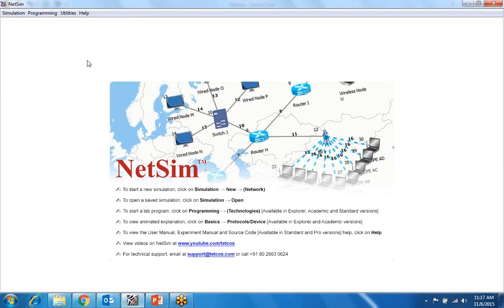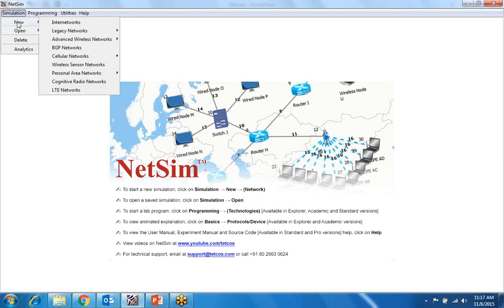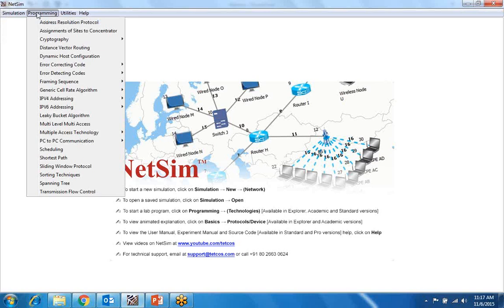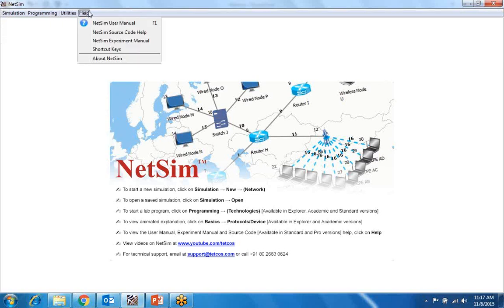So this is the first screen you will have when you start the software. In this you will have options: simulation, programming, utilities, and help. Help has all your manuals, like the user manual, source code, and NetSim experiment manual.